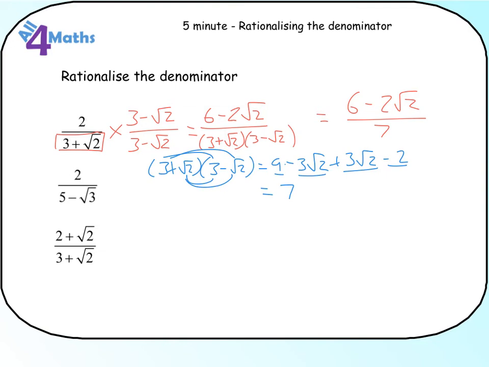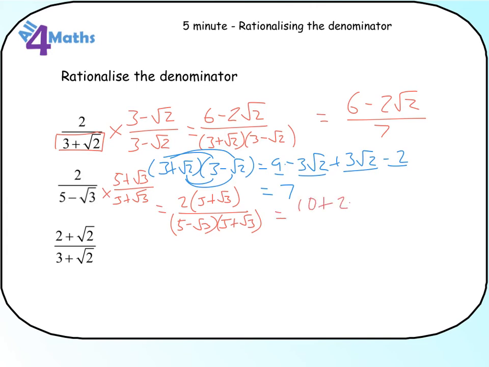So the next example is very similar. I'm going to multiply this by 5 plus root 3 over 5 plus root 3. And again, all I've done there is switch the sign in the middle. So this then becomes 2 multiplied by 5 plus root 3 over 5 minus root 3 multiplied by 5 plus root 3. When we expand all that out, we get 10 plus 2 root 3